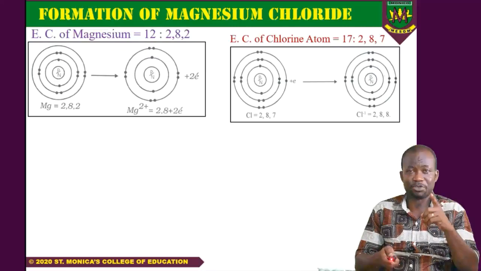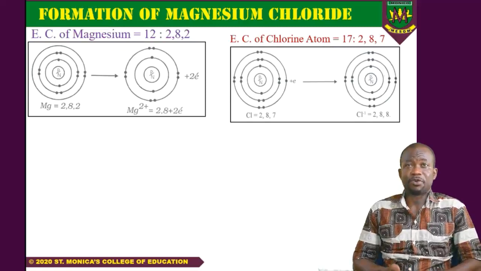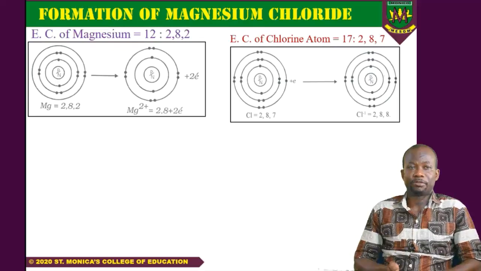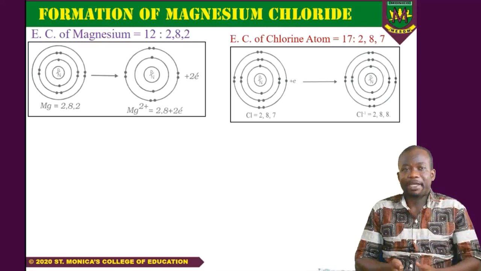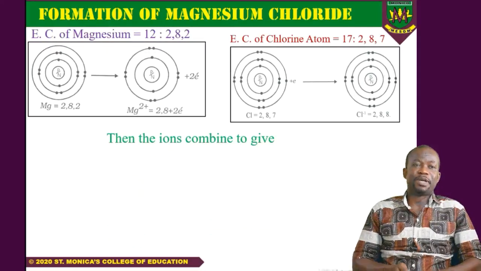So to make it balanced, you also add 1 electron to this side, so that the electrons here as it stands is now 18, and then this one is also 18. So that is how ions are formed for magnesium and the chlorine. Now these ions then combine to give the diagram that we see there. So we have magnesium